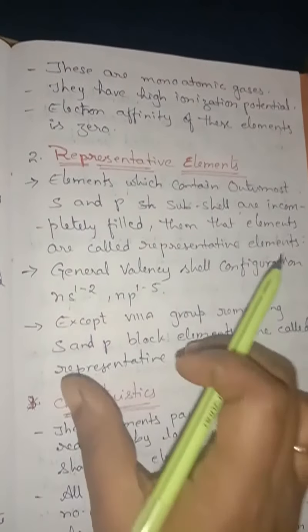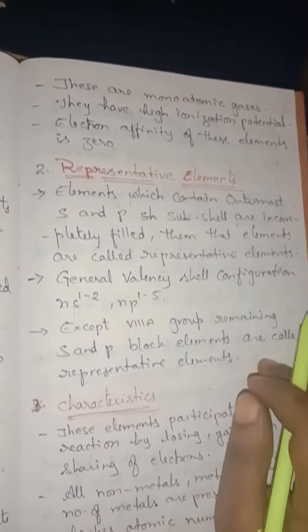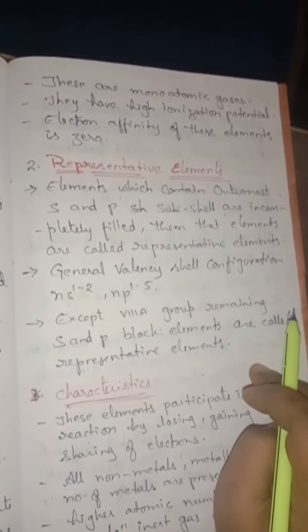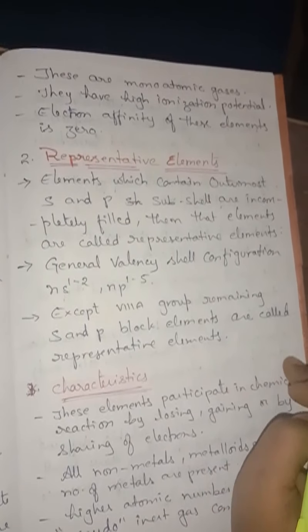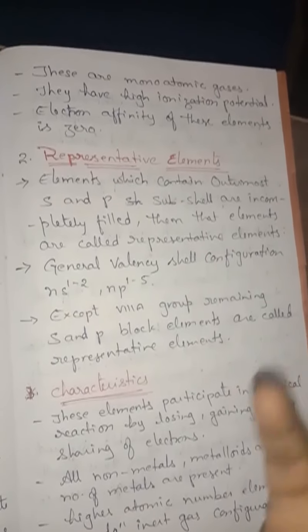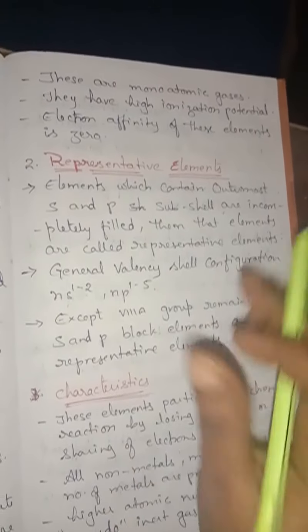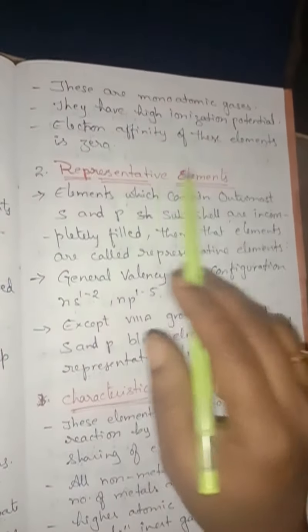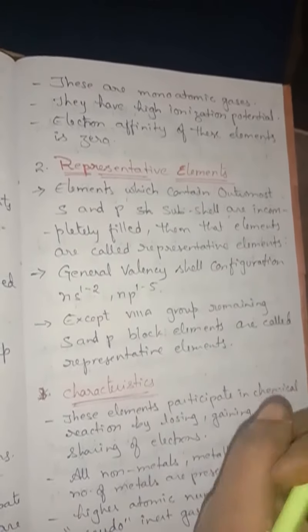So here some elements either lose the electron or some elements may gain the electron. For example, chlorine is there. Chlorine atomic number is 17, isn't it? What is its electronic configuration? 1s2, 2s2, 2p6, 3s2, 3p5. So 5 electrons are present in a 3p subshell. If it gains 1 electron, then 3s2, 3p6 you are going to get for chlorine. That means it is a near inert gas configuration again, isn't it? ns2, np6. So the elements which are present in representative group, either they lose the electron or gain the electron or share the electron to attain stability.